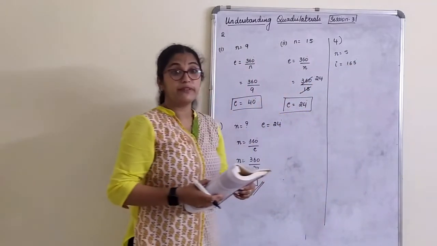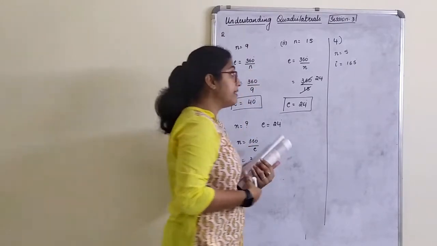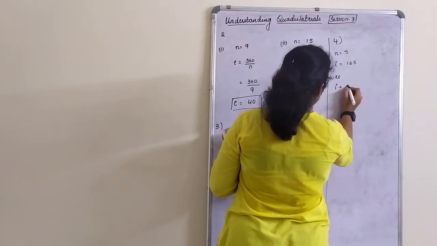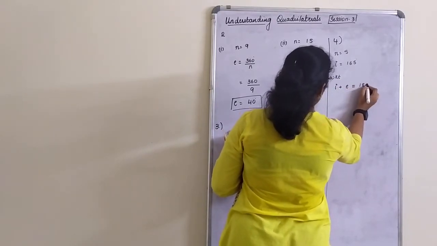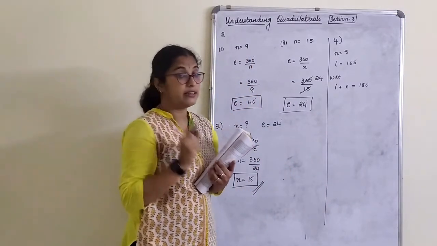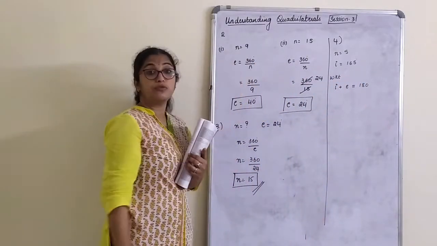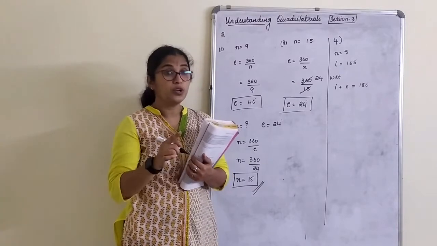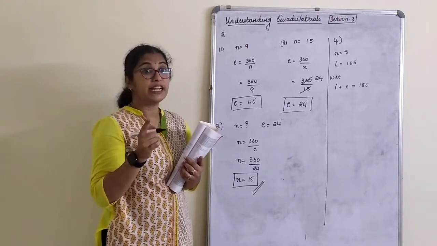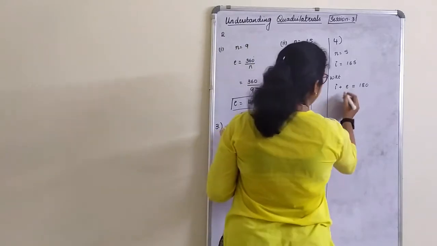Now there is no direct relation between number of sides and interior angle, right? We can't apply that formula, but we know that interior angle plus exterior angle is equal to 180. The sum of an interior angle and an exterior angle is 180. So first find the exterior angle, to apply the formula to find the number of sides. Number of sides can only be found by the exterior angle formula. No other way. You can't find it only by the interior angle. So we have to find the exterior angle first.